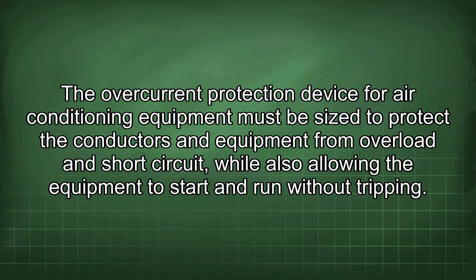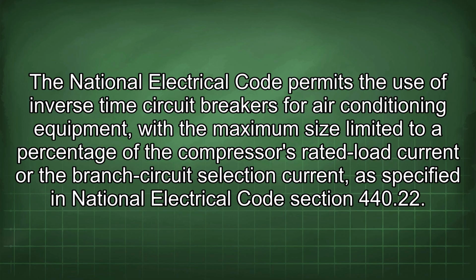The overcurrent protection device for air conditioning equipment must be sized to protect the conductors and equipment from overload and short circuit, while also allowing the equipment to start and run without tripping. The National Electrical Code permits the use of inverse time circuit breakers for air conditioning equipment, with the maximum size limited to a percentage of the compressor's rated load current or the branch circuit selection current, as specified in National Electrical Code Section